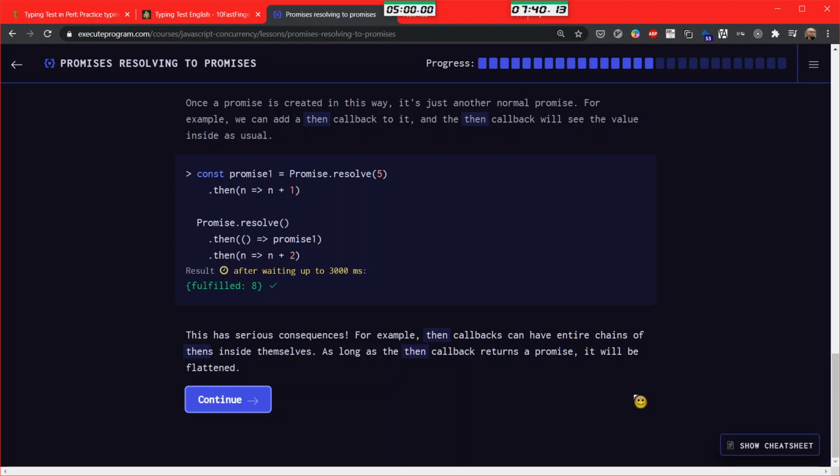As long as the then callback returns a promise, it will be flattened. Then might not return a promise. It might return a value, right? Maybe.